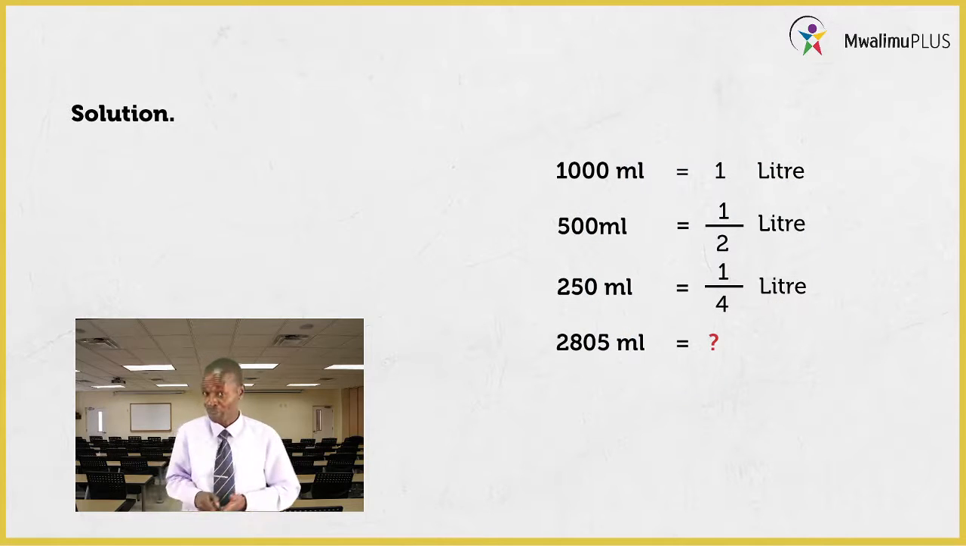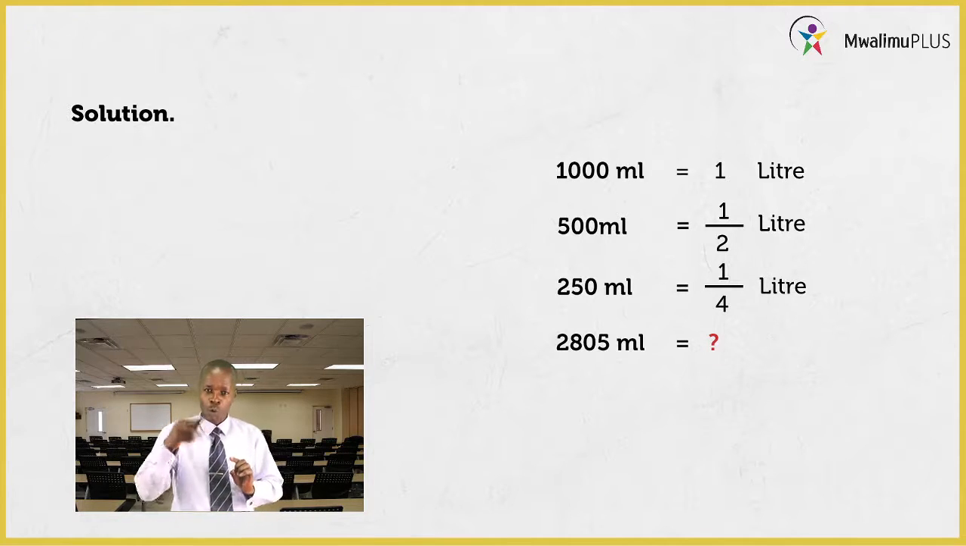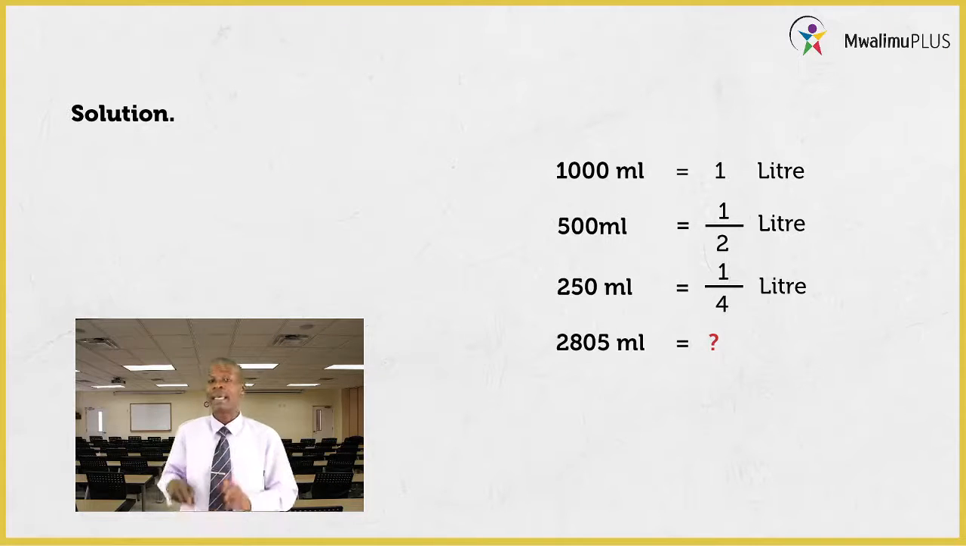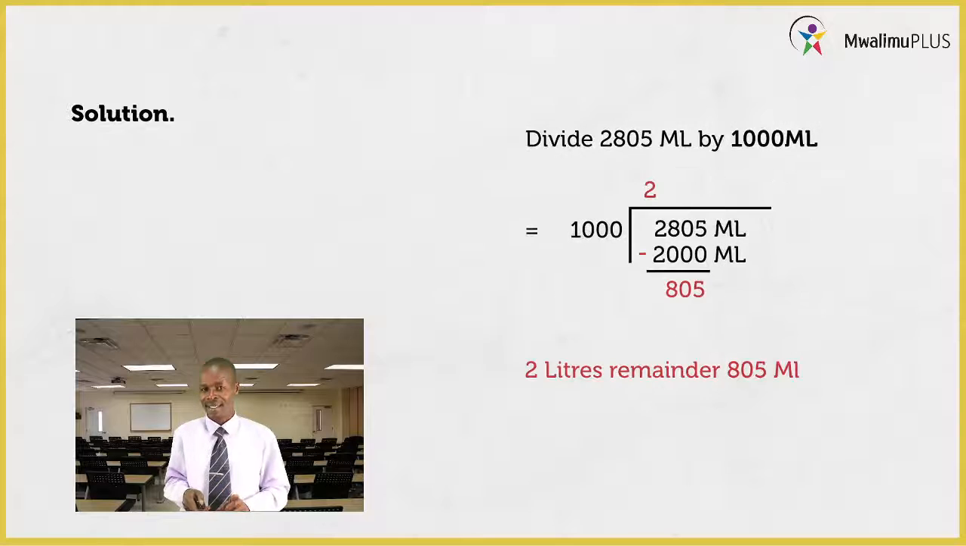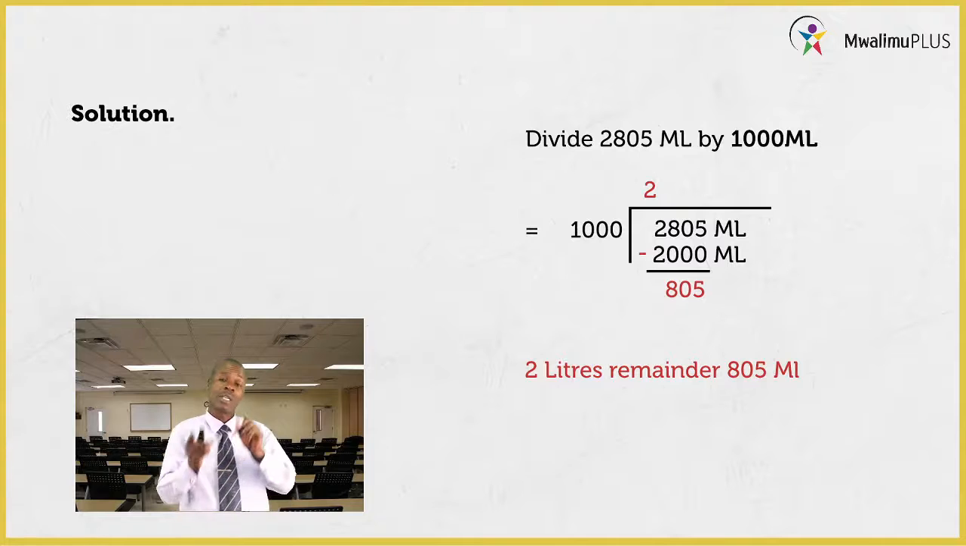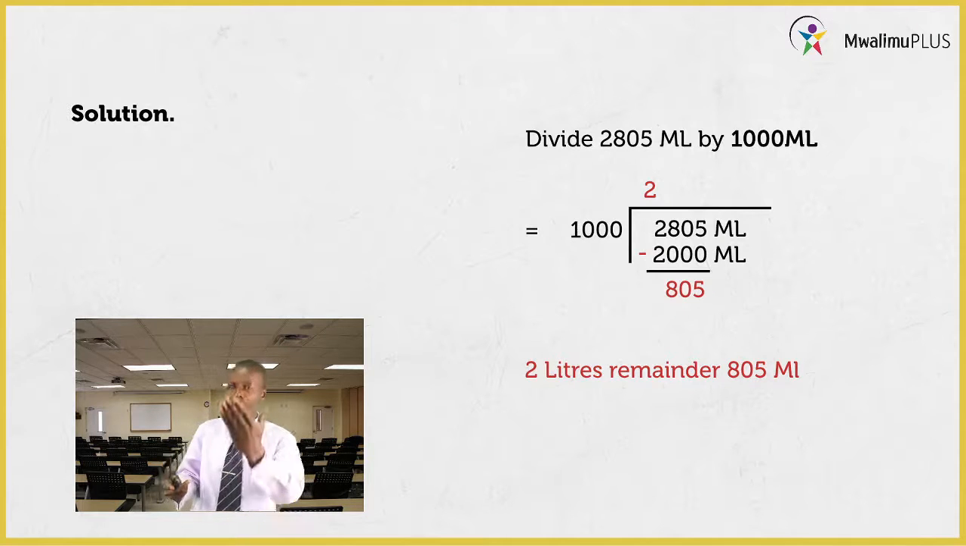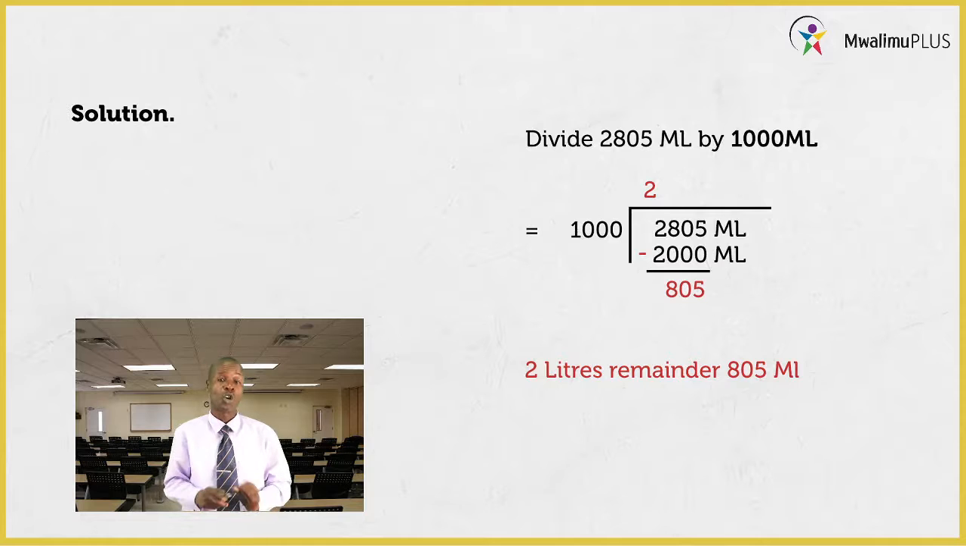First of all, the relationship: 1,000 ml equals 1 liter, 500 ml equals half a liter, and 250 ml equals a quarter liter. Therefore, what is 2,805 ml into liters and milliliters? What do we do? I told you, when you are converting milliliters into liters, you need to divide. And this is exactly what we do. We take the 2,805 ml, we divide by 1,000 in the usual way using the long division method,